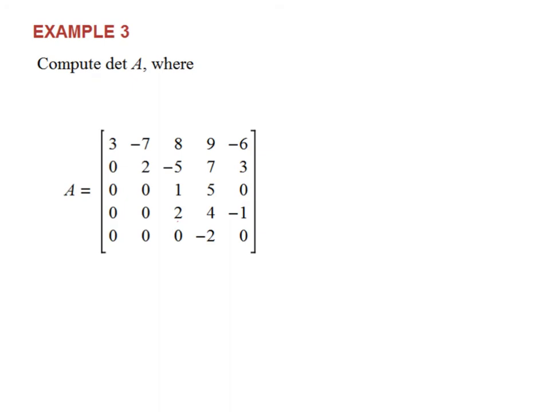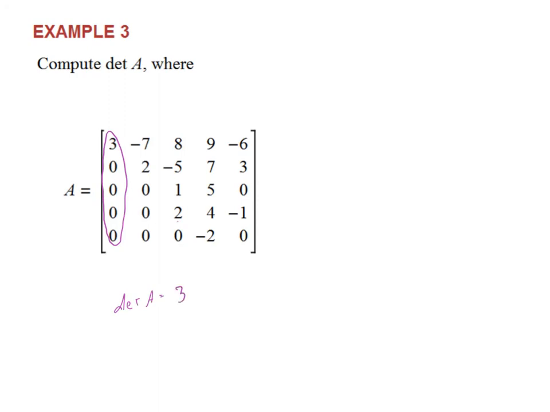If the original is 5 by 5, there's going to be 5 terms that it expands out into. And then each of those involves a 4 by 4 determinant. So that'll expand out into 4 more 3 by 3 determinants. And if I'm losing you, that's okay. But what I'm saying is if we expand across row 1, it's going to be pretty killer to try to figure out the determinant. There will be tons and tons of computations involved in that, and it'll get really big and messy. On the other hand, if we expand our determinant along column 1,